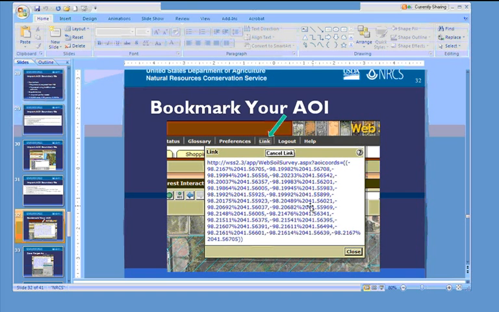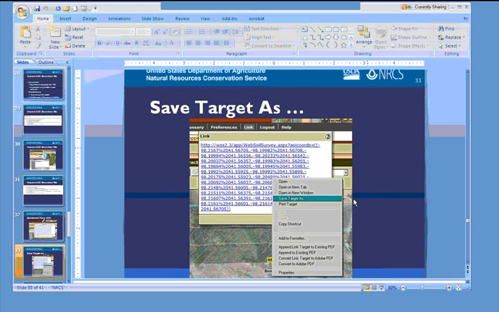You can right-click on this somewhere in this URL, and it'll give you the option to save target as, and you just save it back to your computer as a bookmark in your browser. And if you go back to it and click on it, it'll take you right back into Web Soil Survey